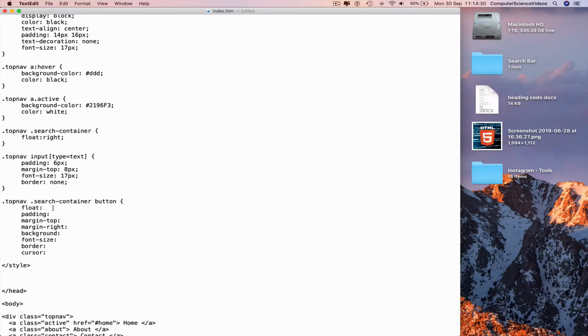Go to the top again after float, to the right, semicolon, padding 6 pixels and 10 pixels, semicolon, margin top 8 pixels, semicolon, margin right 16 pixels, semicolon, background triple D in hashtag, semicolon, font size 17 pixels, semicolon, border none, semicolon, cursor a pointer, semicolon, command S to save, go to a new line, curly brace, and